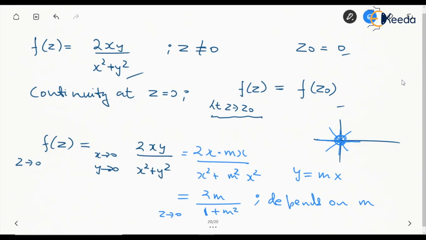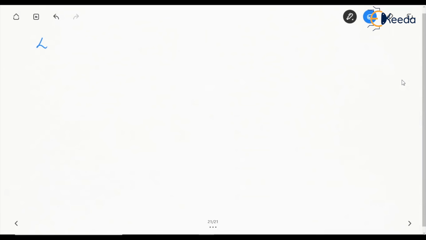So this depends on m, which means if we are approaching from different slopes, we will have the function value or the limit to be different, right? Like what if we are approaching from y equal to x, the value will be different because m will be equal to 1. What if we are approaching from y is equal to 2x, the value will be m equal to 2, so the function value will be something different, which means that the limit does not exist, right? So we can say limit at z tends to 0 does not exist